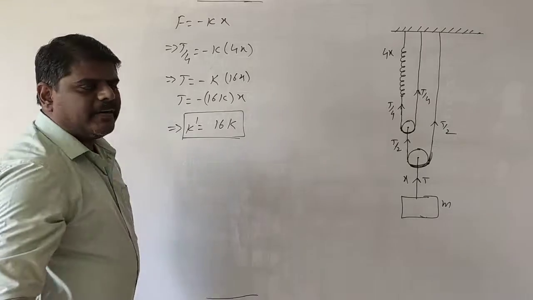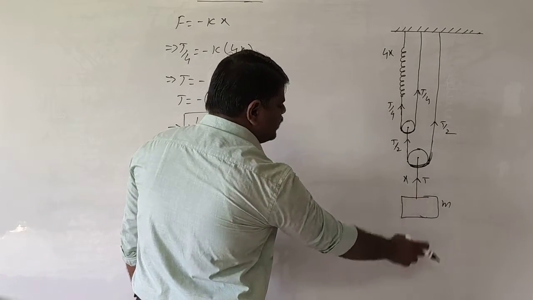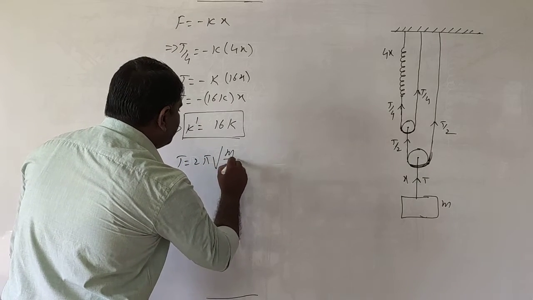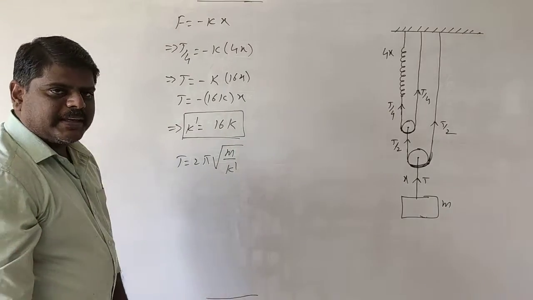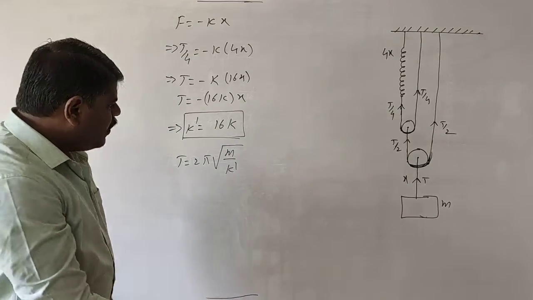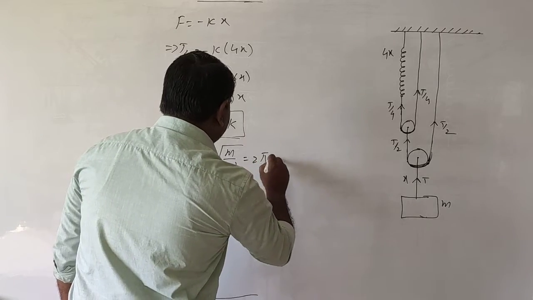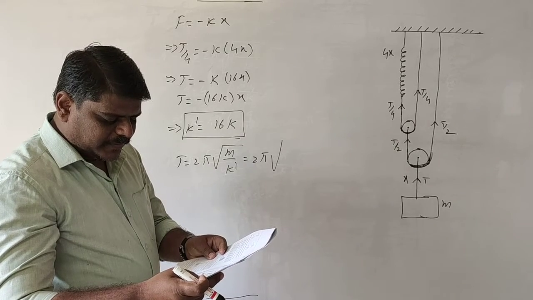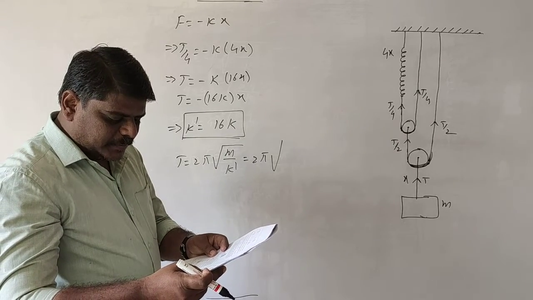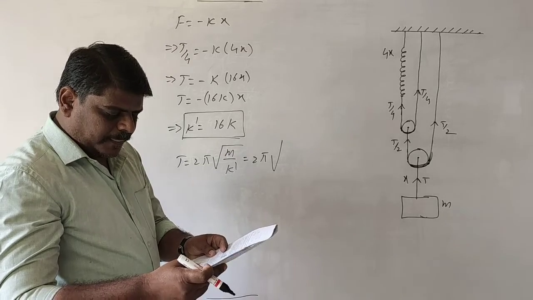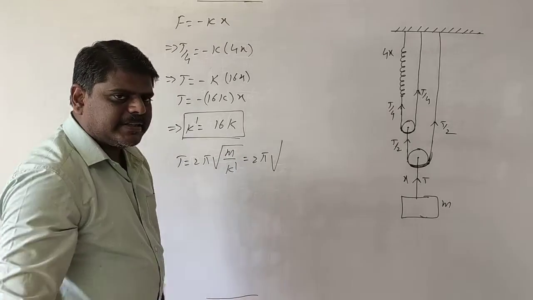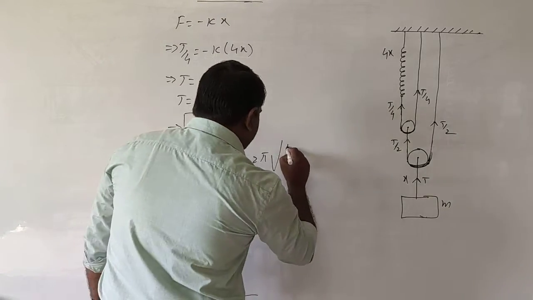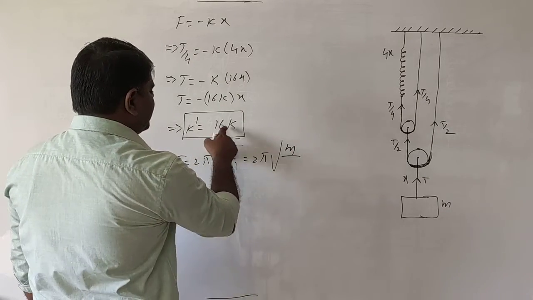Okay. Now we have to find the time period. Here it is making oscillations. What is the formula? Time period T is equal to 2 pi into under root of m by k dash. Go and substitute the values here. That is equal to 2 pi into under root of, how much mass is given in the problem? The mass is not given, so you have to find it in terms of mass only. The problem is asking about the frequency. So first we find the time period, then we can find the frequency. So time period T is equal to 2 pi into under root of m by k dash. K dash means I can write 16K.